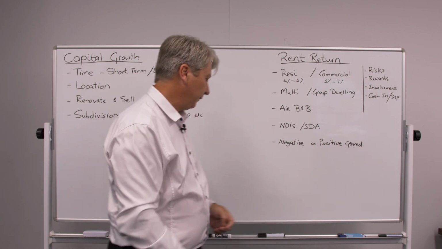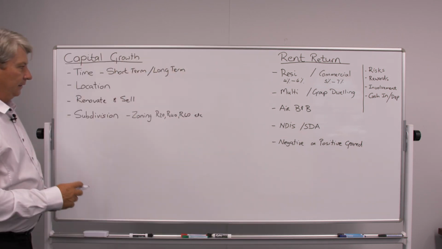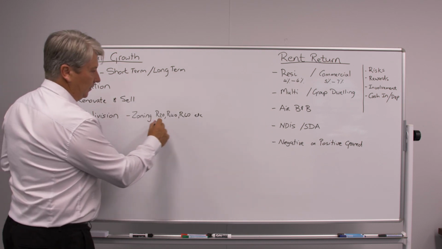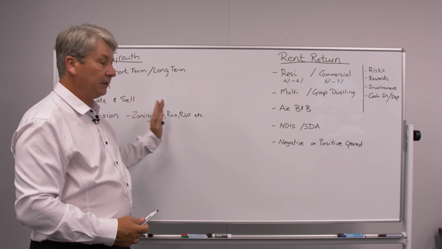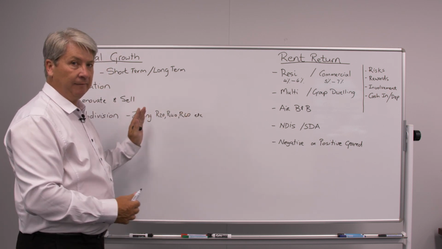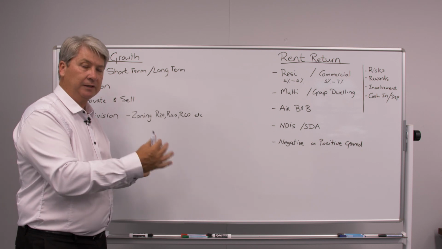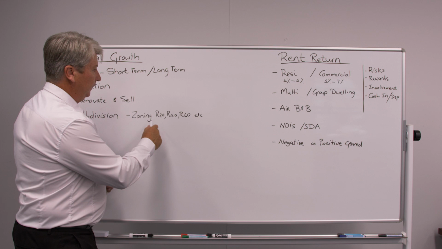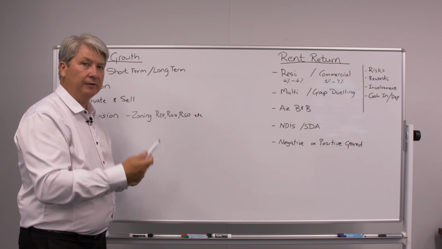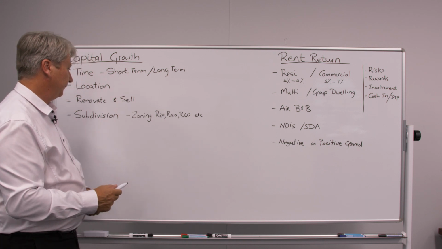In capital growth, what we do share with people is the fact that you need to look at the zonings that's available. So whether it is an R20, R40, R60, because that will determine how many dwellings you can actually build on one piece of land. Now, if you're a mom and dad investor with limited capital, then that is going to be very relevant to how much money you can make in the back end of subdivision.